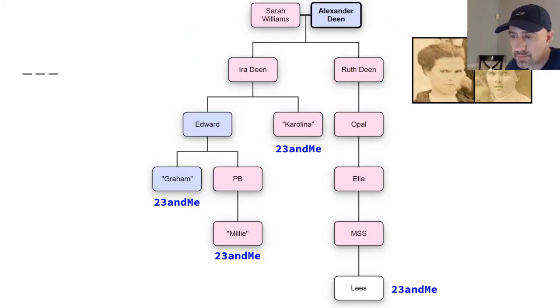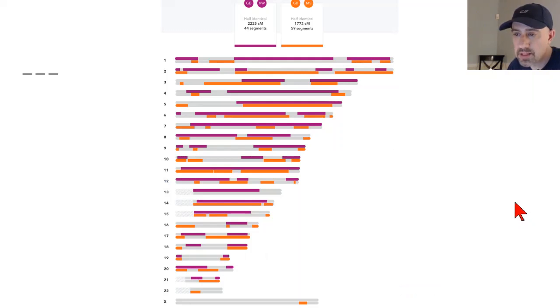So, a picture of Ira and Ruth Dean here, our ancestors, just to make this interesting. Here's the family tree now, and we can now put 23andMe under everyone here, because we're all on 23andMe and we can begin to make direct comparisons. So what do we see when we make the direct comparisons